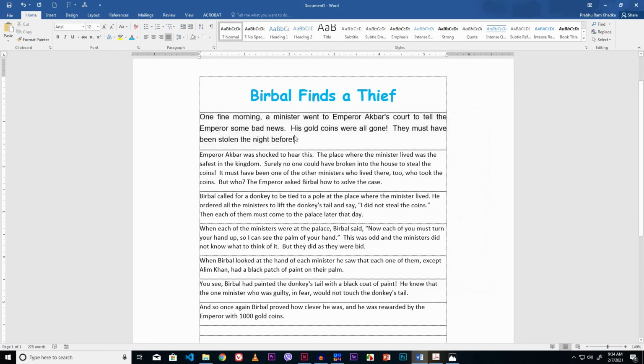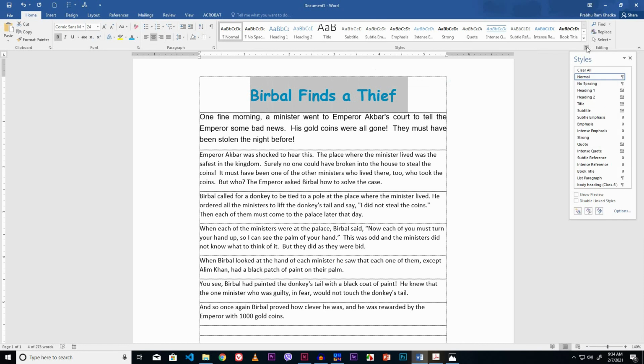Now we have to create the style on the basis of this formatted text. First, I like to create the style of the heading. Select the heading. Click the styles launcher button from the styles group.